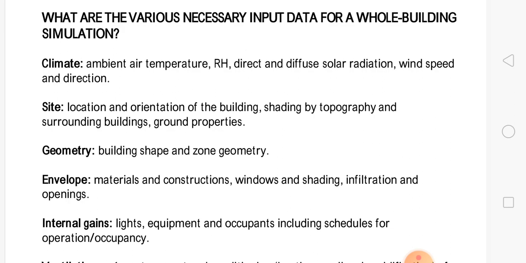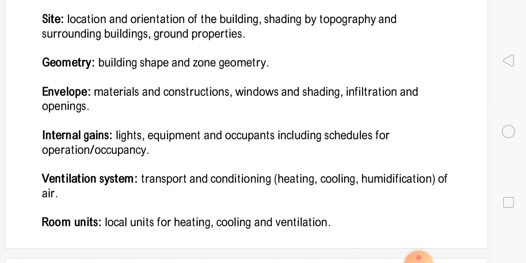These are generally the data associated with the building: the ground properties, surrounding buildings, geometry, building shape, zone geometry, then envelope, type of material used in construction, window shading, infiltration and openings, like internal gains, light,